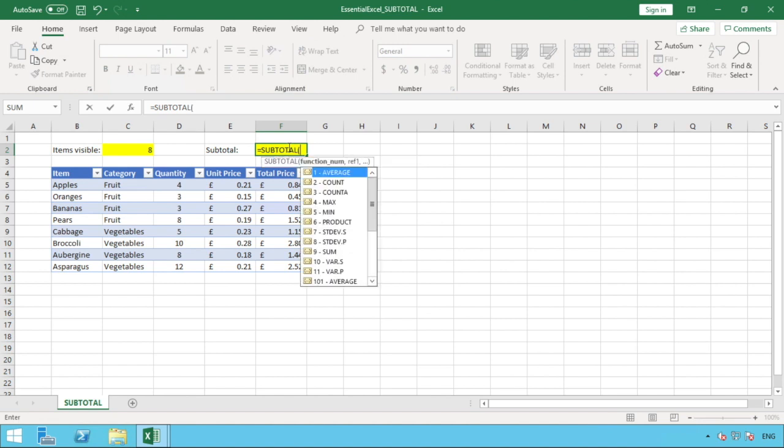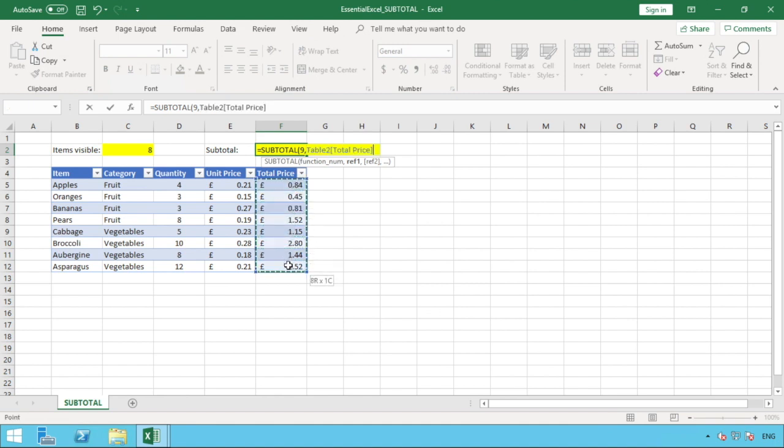And we can then see what options we want to go for this time. So for this one, because we're doing a sum, we can simply click the sum option, number 9, and I'm just going to demonstrate doing it this way now. So if I give it a double click, you can see that it's now populated that number 9 in there for us. Do a comma, as we can see our prompt to go into our first reference, and then we can click and drag all the value, or the range, shall I say, that contains the values we want to